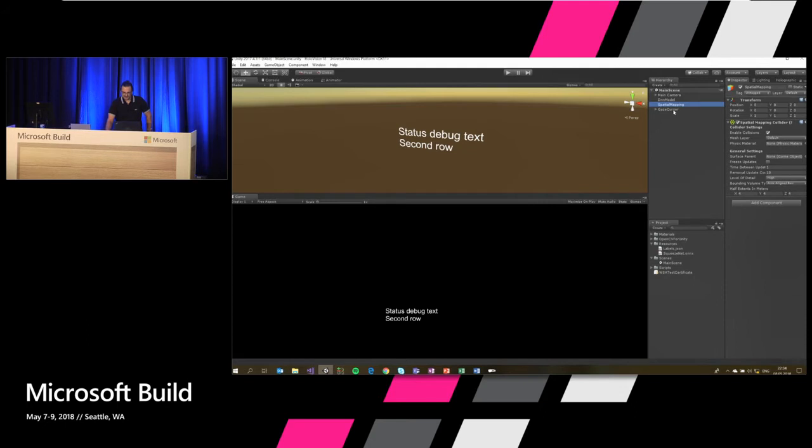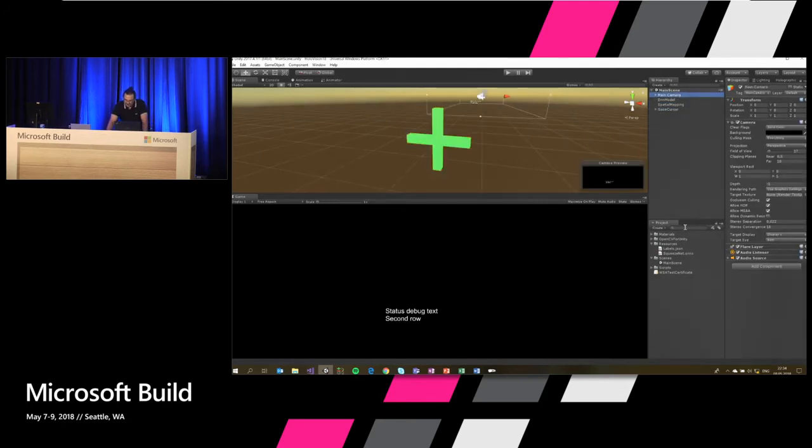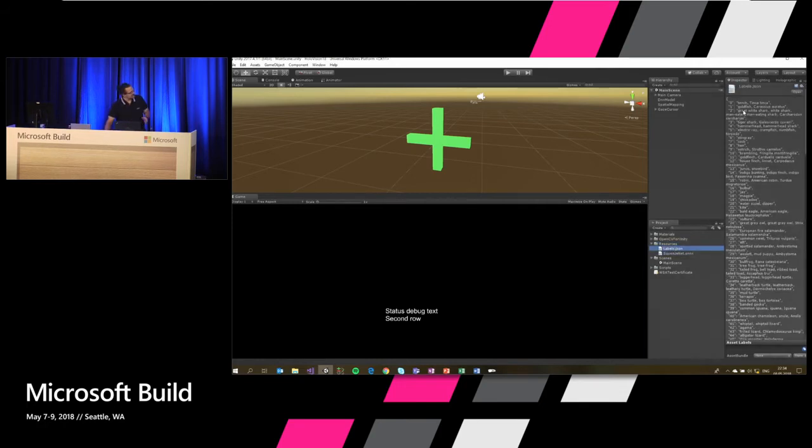Well, and then we have the gaze cursor, like this little green cursor you have seen. Pretty straightforward, but also pay attention to the project setting here. So we have our resources folder, which is that special Unity folder where all the stuff that is in the resource folder will be shipped as part of your package workload. And there's a labels.json file in here. As you can see, it has indices, and then you have all those labels attached to it. Again, the